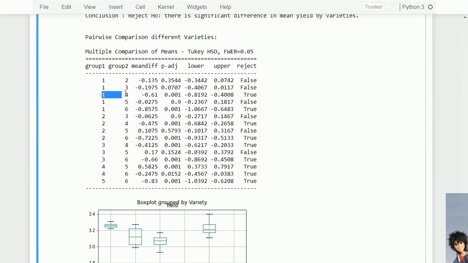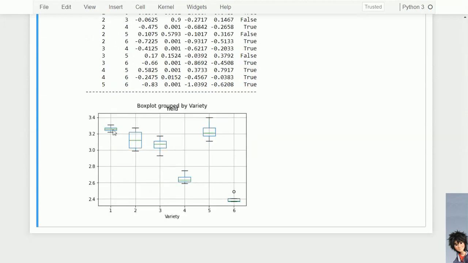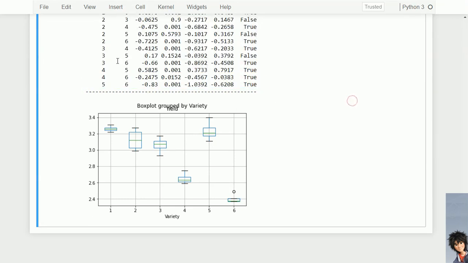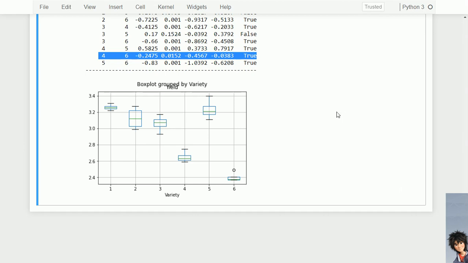There is a difference in 1 and 4, A and D. I think D differs significantly from every other treatment. D and E, and 6, yes, they differ significantly. What about 4 and 6? Oh, they also differ significantly. So this is the case. Thank you.